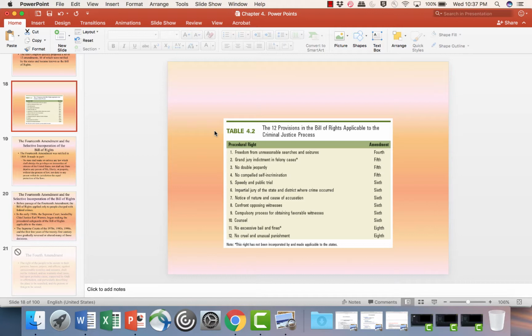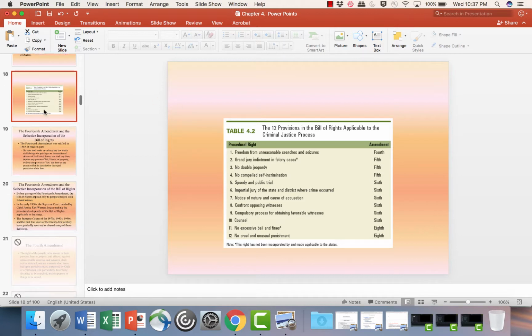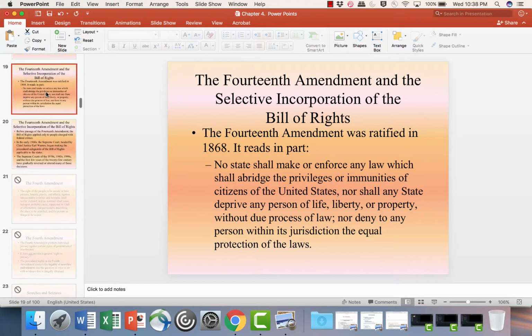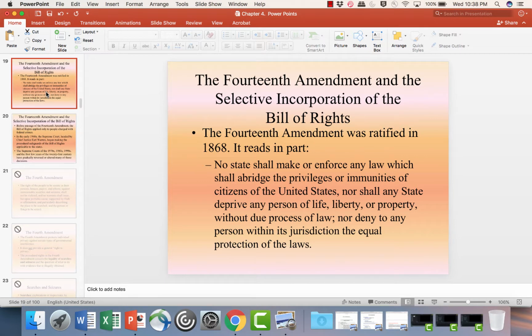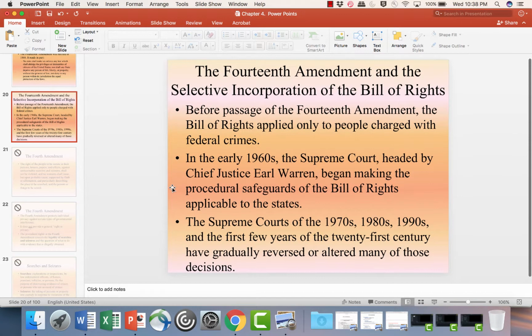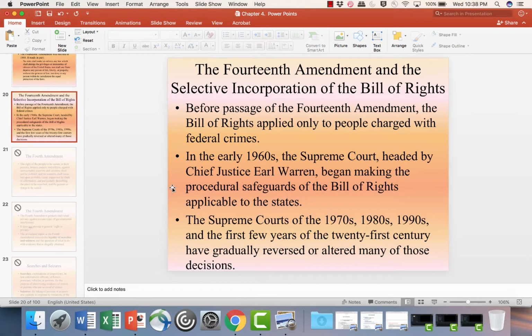what the procedural rights are and what particular amendment is related to. This will be important not just for this class, but for other criminal justice classes if you happen to take them. I'm not going to talk about each Bill of Rights, but I will talk about some of the important different amendments. So the 14th Amendment was ratified in 1868, and it really is saying that selective incorporation of the